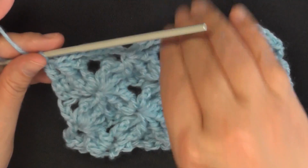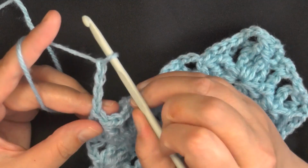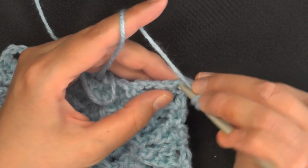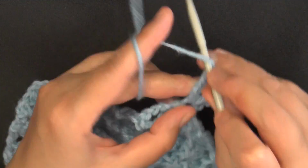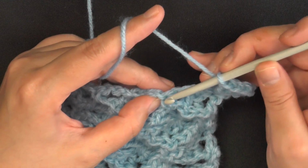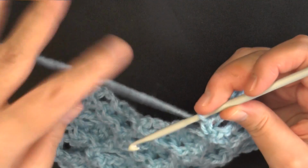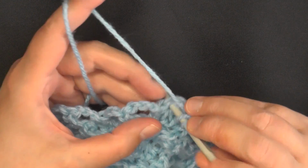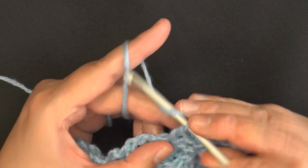So then again we'll continue the repeat, which would be repeating row 3 right now. So you'll chain 4 and turn, and in the very first stitch here you're going to work 3 double crochets. Then single crochet into the single crochet, and then you'll move over here and you'll be working in your clusters, and again in that center cluster stitch you'll be working your 3 double crochets,